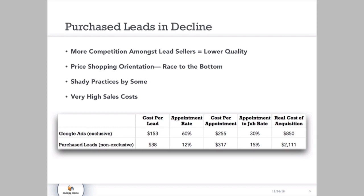There are certainly some shady practices by some players, and a growing recognition that the sales costs, both internal and external, associated with purchase leads is very, very high. In comparison, and a little bit of numbers here, to something like a Google ad campaign, which we'll talk more about throughout this series, it has the appearance of being higher cost at the lead stage, in this case $153 for the lead. But because appointment rates are high, due to the fact that leads tend to be commercial in nature and have more buying intent, the cost per appointment is better, and the appointment to job closing rate is better, resulting in a much improved customer acquisition cost versus what appear to be fairly low cost